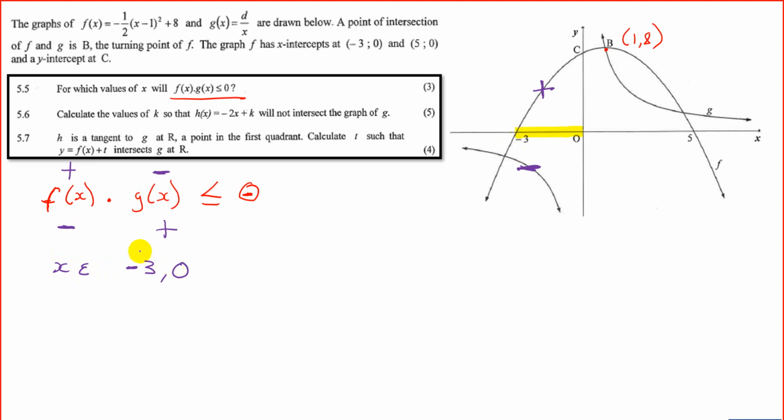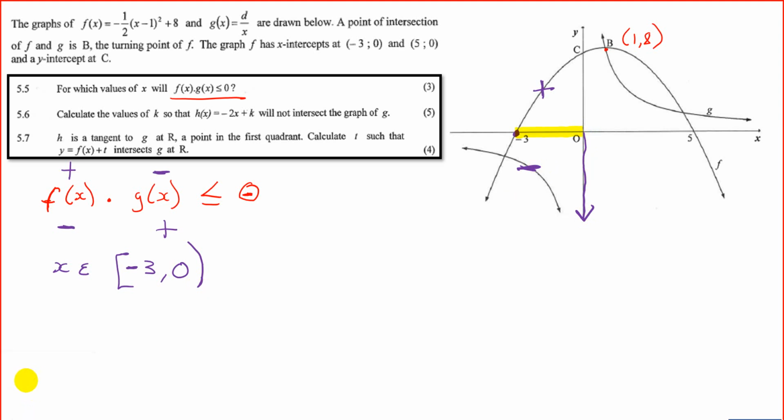Now we will include -3 because at -3 the parabola is 0 and anything times 0 is 0. But we will not include 0 because at 0 we have an asymptote for the hyperbola. You'll notice that this is your asymptote for the hyperbola. So that's our first answer when it is positive times negative, giving your answer less than or equal to 0. The other solution